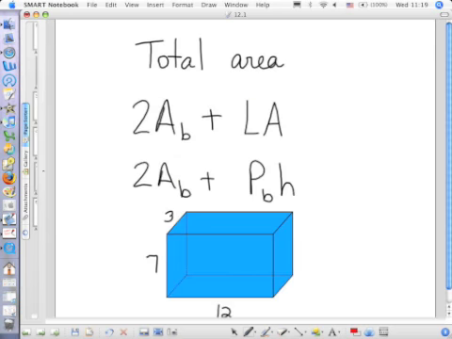All right? Another thing you're going to be finding tonight is the total area of a prism. Which, guess what? It's all the sides plus the two bases. Now we just said if it's a right prism, both of those bases are exactly the same, correct? So you can find the area of only one base and double it. And that gives you the top and the bottom plus all the sides. Now this formula can be applied to any one of these prisms, whether it has a triangle as a base, hexagon as a base,